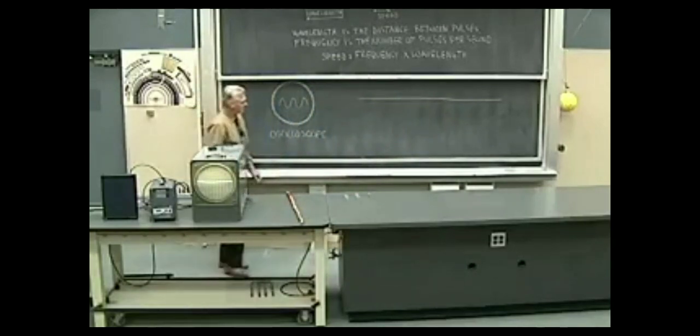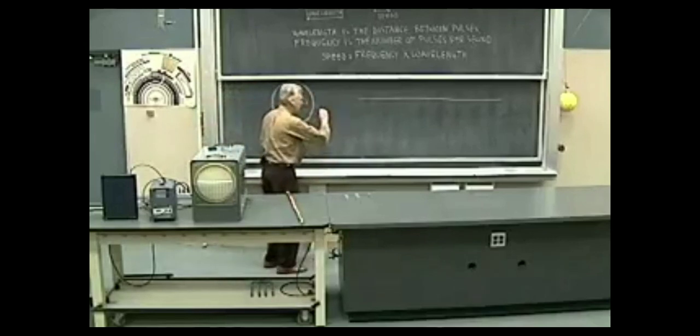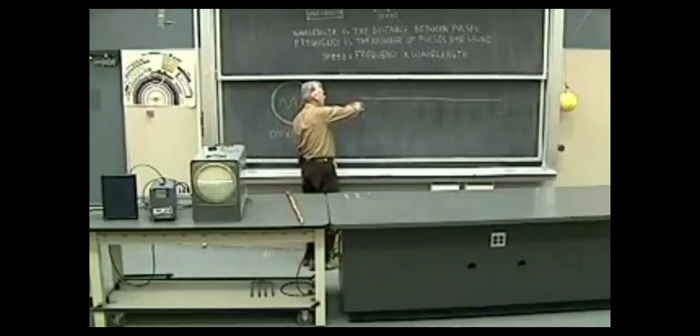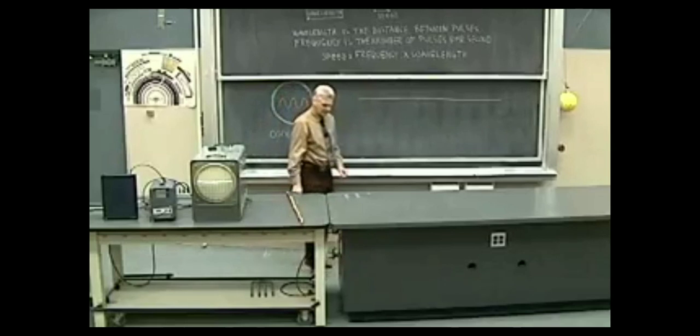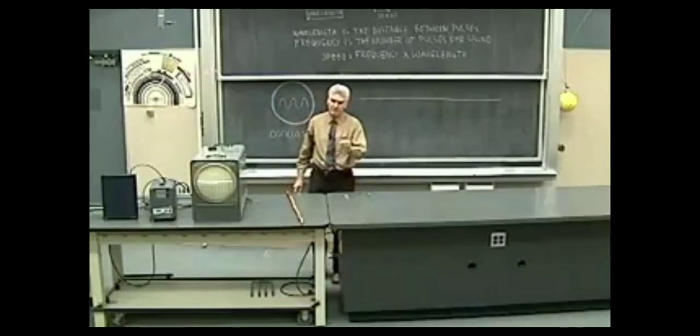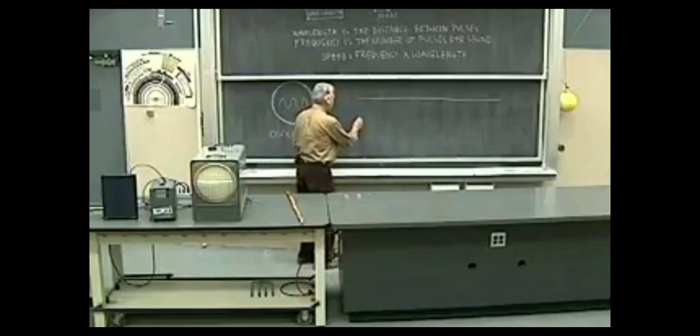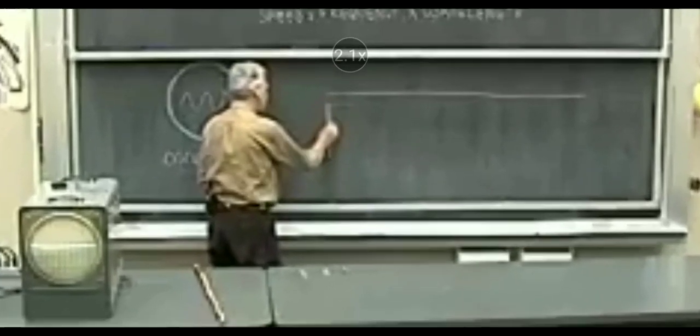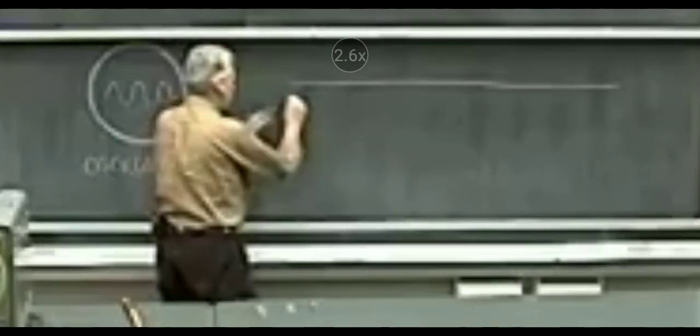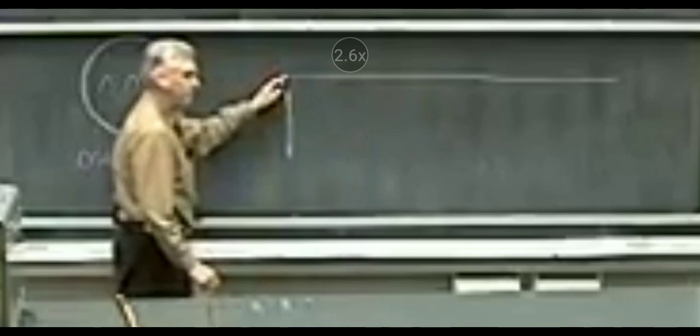But suppose, as that line moves along, I also move it up and down with a certain frequency, such as the frequency of vibration of a tuning fork, for example, and I can do that electronically. If I have something moving up and down like this, but not moving along, it'll draw that kind of a path. If it moves along without moving up and down, it'll draw that kind of a path. But suppose it moves up and down and moves along at the same time, then what it'll do